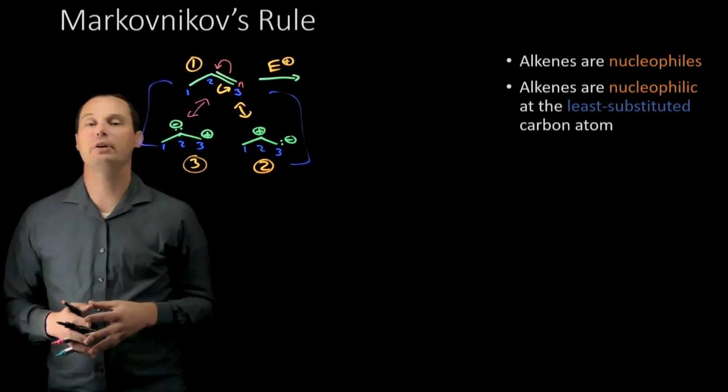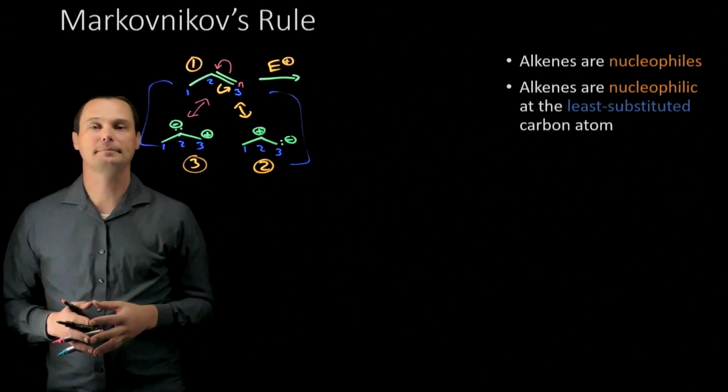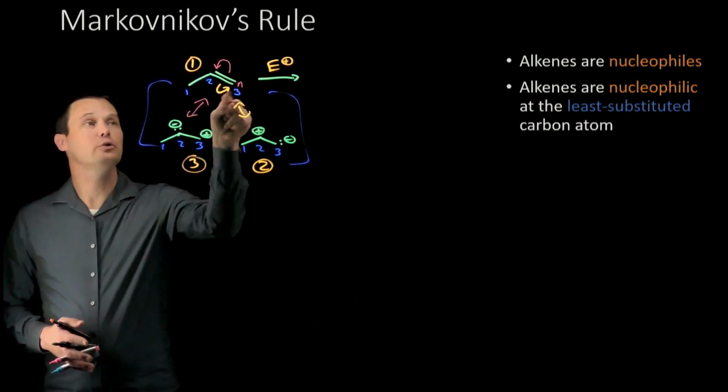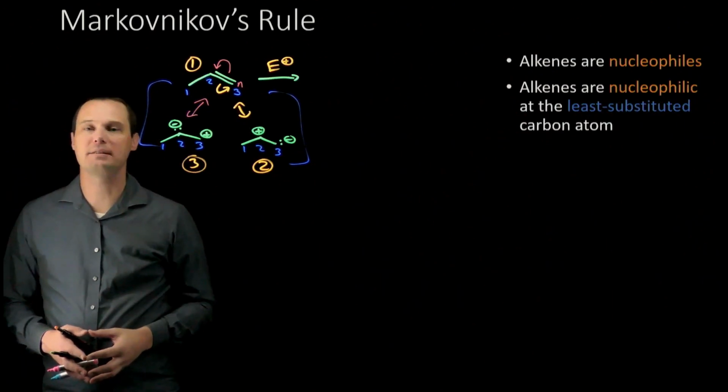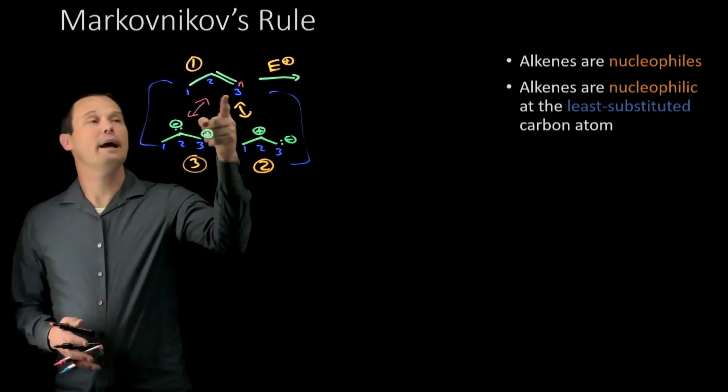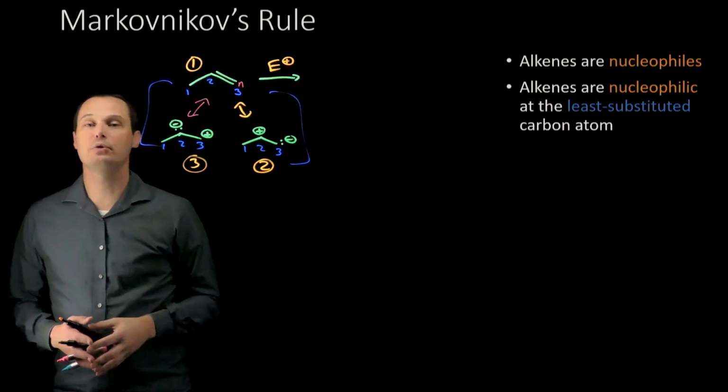I have an entire separate video down below about major modes of reactivity. Why is this a major mode of reactivity? Alkenes are nucleophilic at the less substituted carbon so that the resulting carbocation can be as stable as possible. Therefore, when this alkene reacts, it will react through the nucleophilic carbon, the least substituted carbon, to form a new